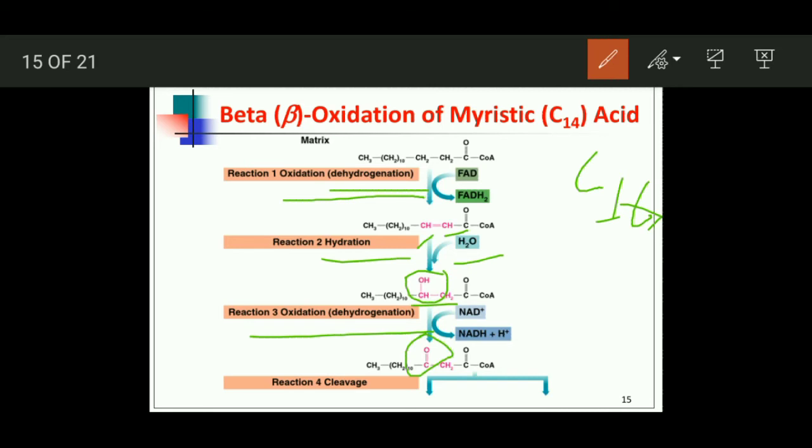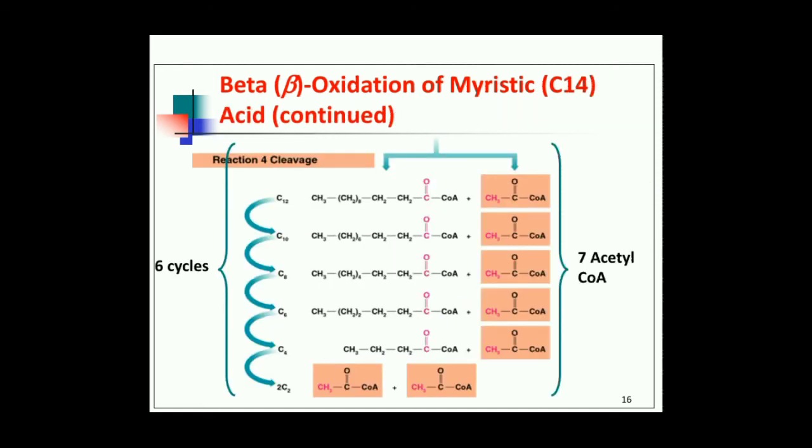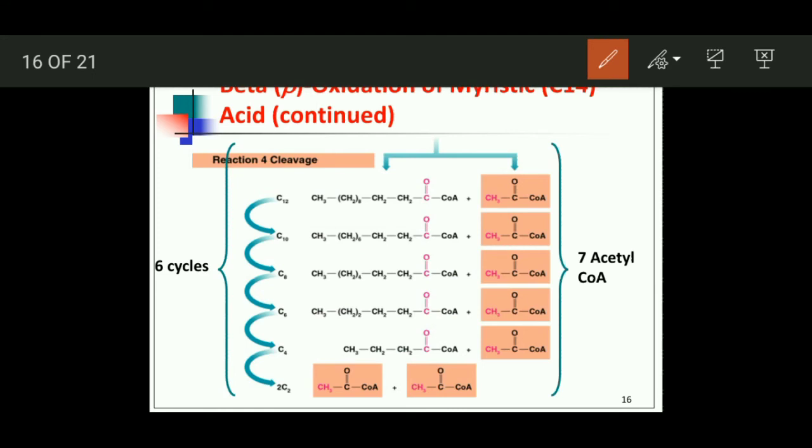And after that the cleavage will occur. This cleavage is also called thiolysis actually. And after the cleavage these structures are formed. As you can see, this structure and these structures are formed, and we need this structure which is called acetyl coenzyme A. As we have already discussed, the fatty acyl coenzyme A will form having a structure shorter by 2 carbon. As you can see, 2 carbons are here, and 2 plus C12 becomes C14.